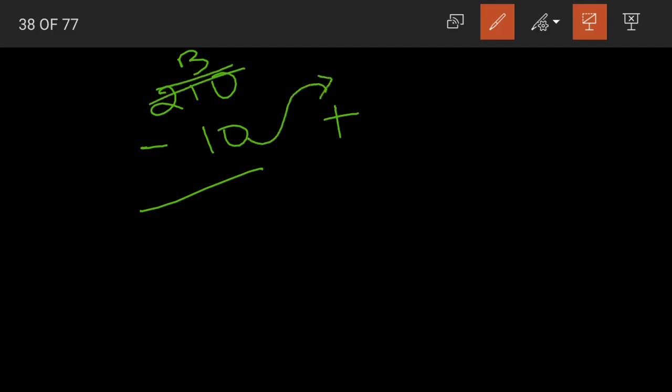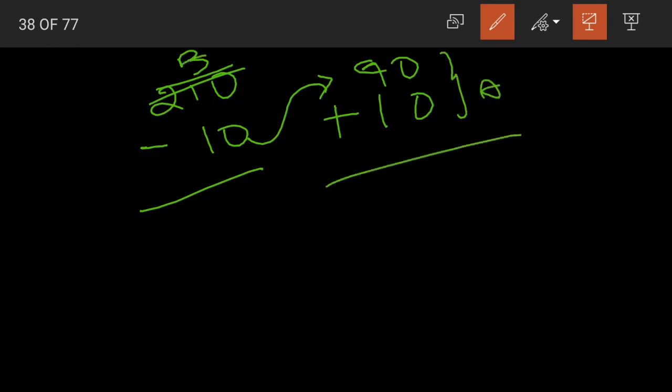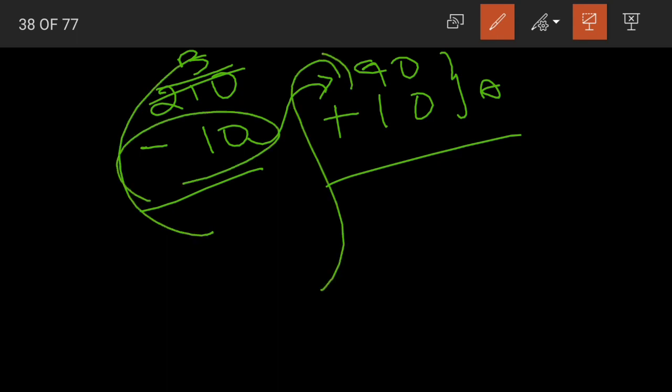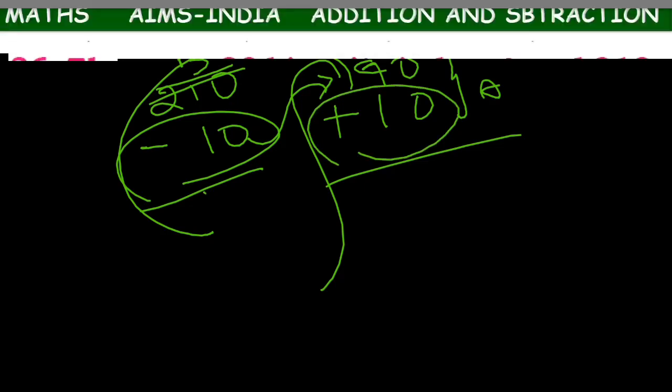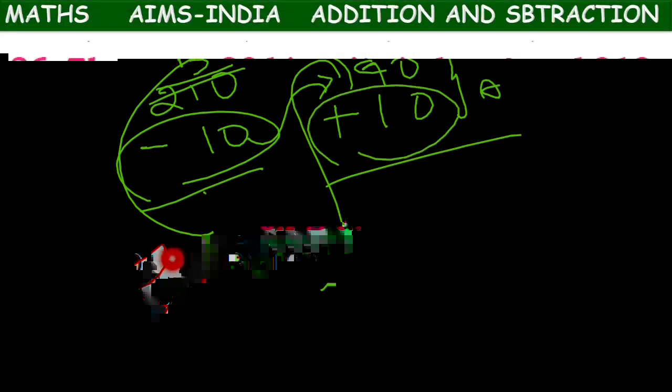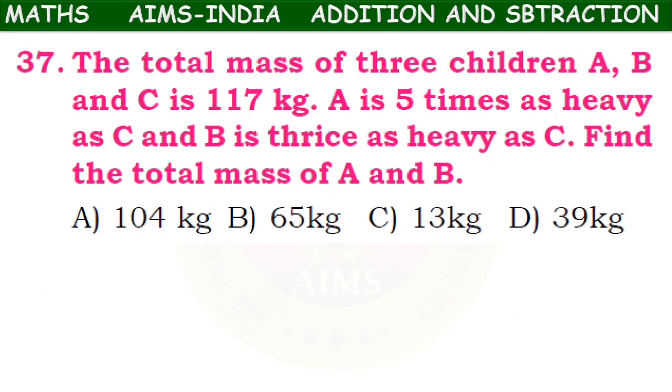See children, in such questions it's very important to both subtract and add. Yes, understand this, okay? It is important that you understand the question. From the given biscuits, we are removing 10. From which box? Box B. Now what are we doing with this 10? We are adding the same 10 to the biscuits in box A. So we are doing two things here, removing and adding. Removing from B and adding to A. So it is important that we subtract and add here. Clear? 100 into 2 is equal to 200. So option A, 10 is our correct answer.